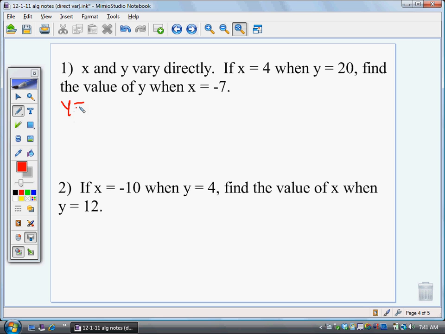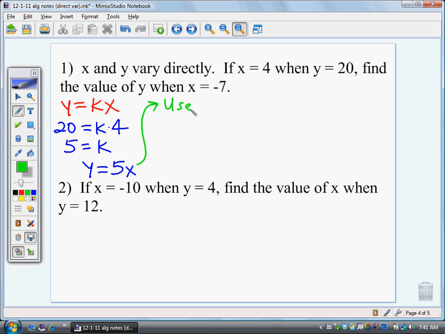So we start off with, again, y is equal to kx. Plug in everything that we have. Y is 20, x is 4. Divide each side by 4, and you get that k is 5. And that gives us this equation, y equals 5x. And then we'll use the equation y equals 5x